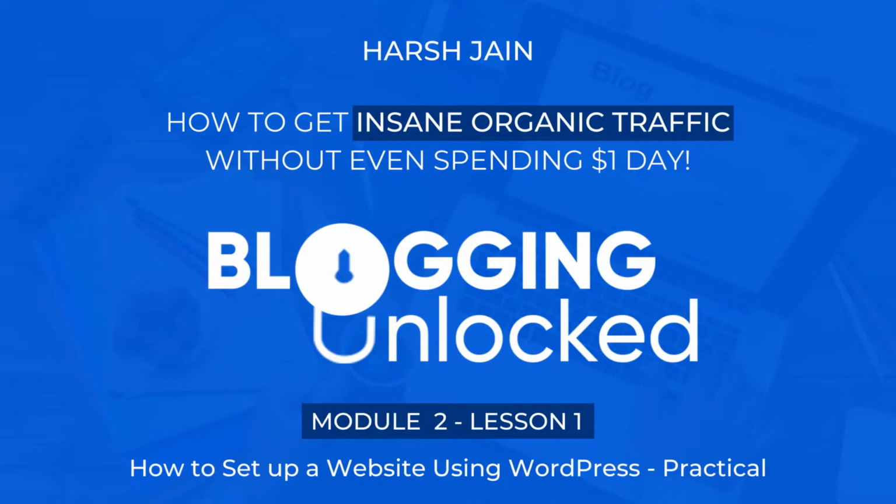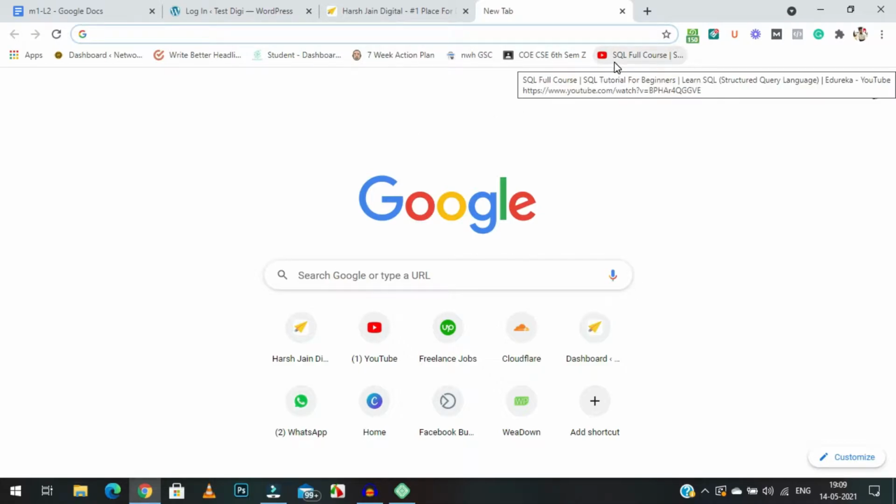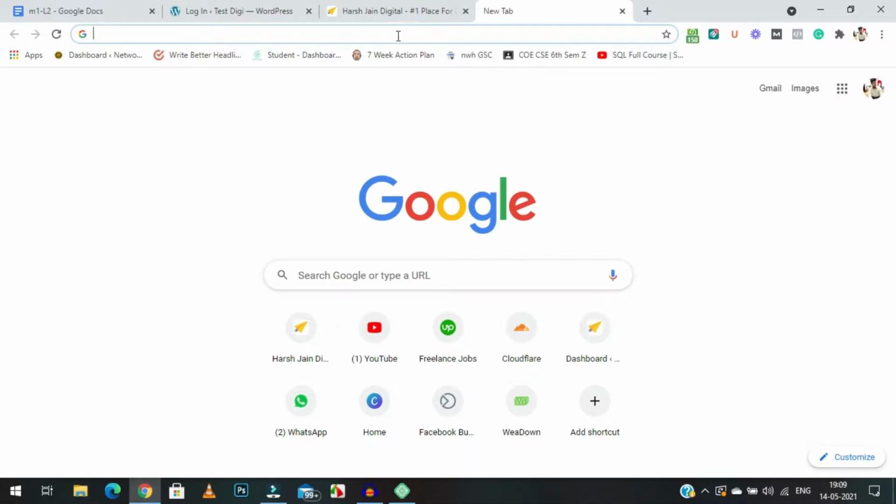I'm going to go over to my computer screen and show you the remaining part. So here on my computer screen, we need a hosting and a domain first of all, right? For purchasing a domain, I already told you about the best domain registrars. You can go to any of them. For this tutorial I'm heading over to godaddy.com,